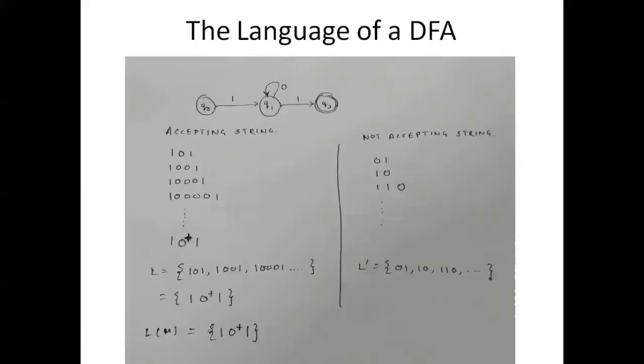Okay, now let's take an example. Here if you can see this example, it is a DFA which takes an input 1 and transits to Q1, and for all zeros it remains in Q1, and for input 1 it again goes to Q3 state, the final state. Now if this is a DFA, all these strings like 101, 1001, 10001 and so on, 10 plus 1,